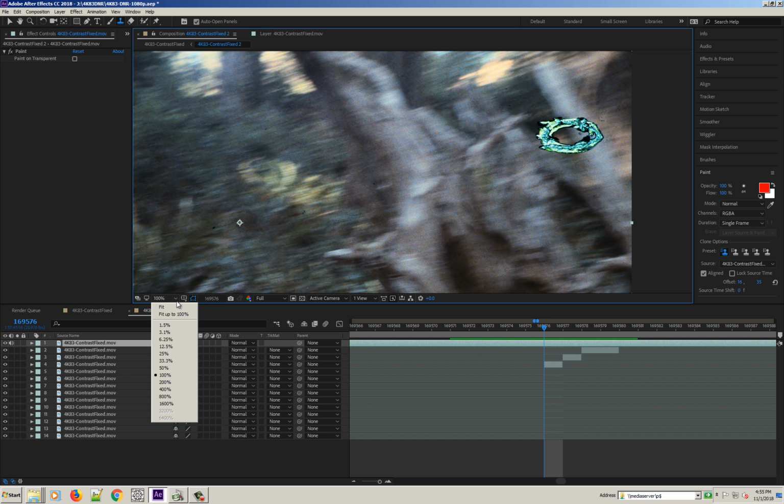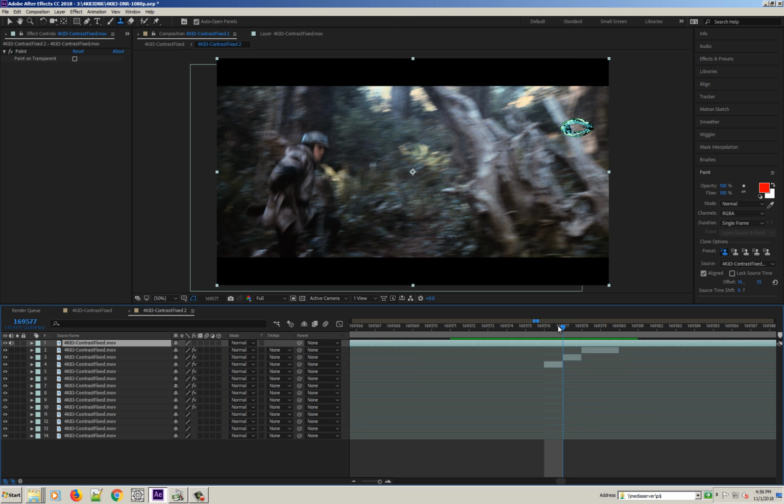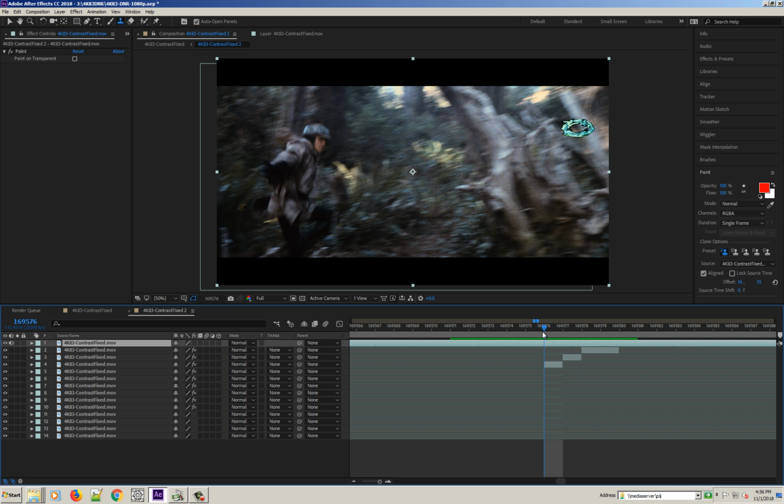But if I just zoom back out for a second, you can see not only is there a ton of motion going on here, but also a shot changes right in the middle of the reel change markers. So this one's a little trickier than usual. You see I already took care of the first one,